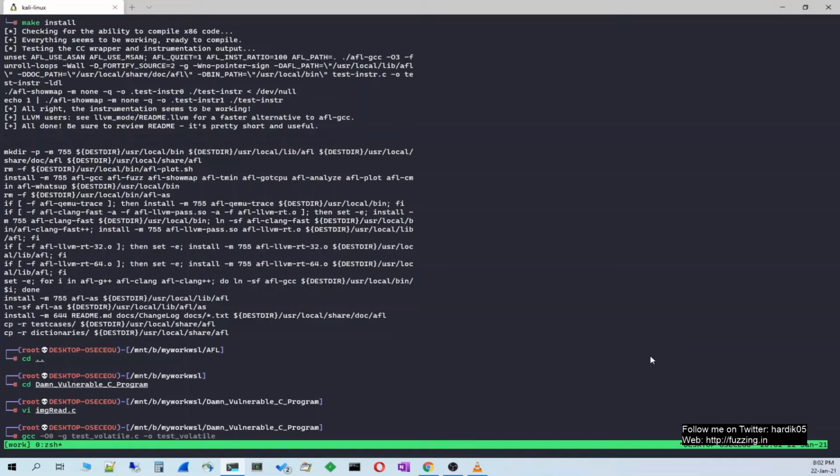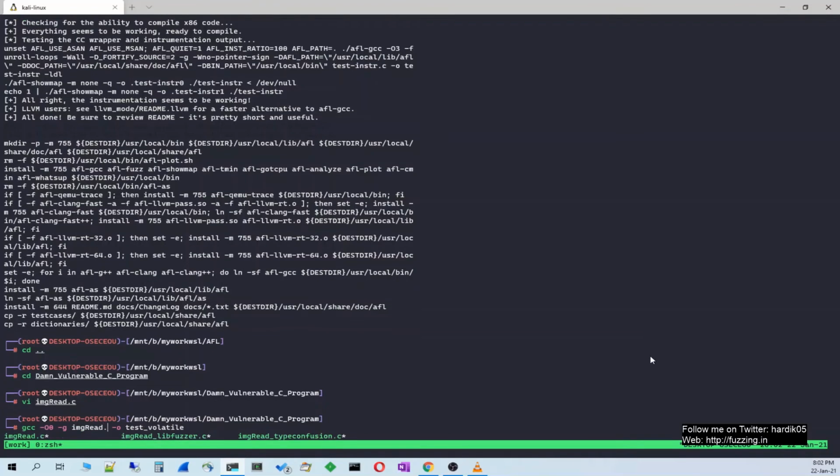But for this example we will simply use GCC. So you don't need to use AFL GCC over here, because our assumption is that we are doing black box fuzzing, so we don't have the source code, but in this case we have the source code. So I'm just going to compile that. We will not be instrumenting it using AFL, so I will rename it as image read QEMU.